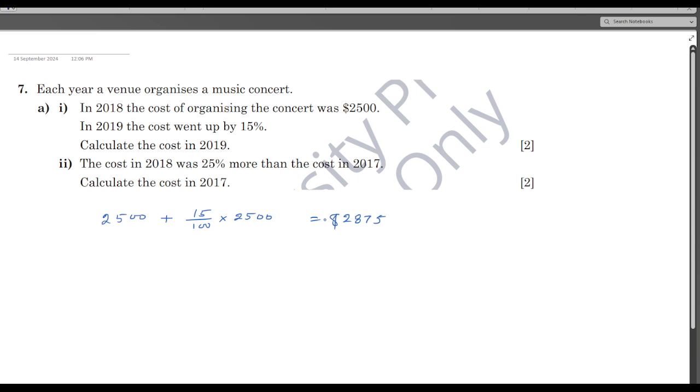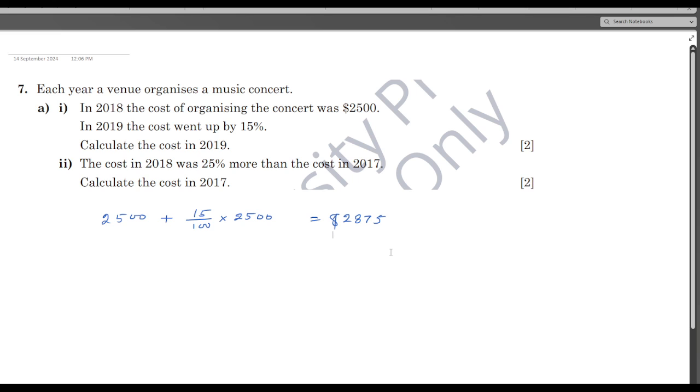So this is your new cost in 2019. So cost in 2019 is $2875. Okay, second part,